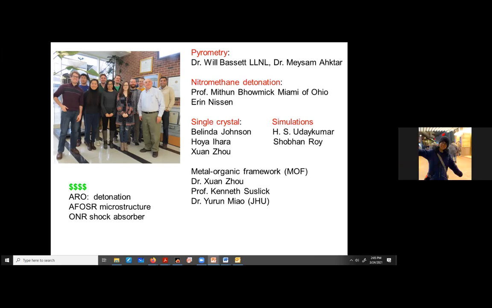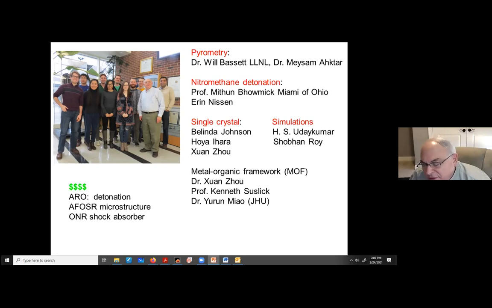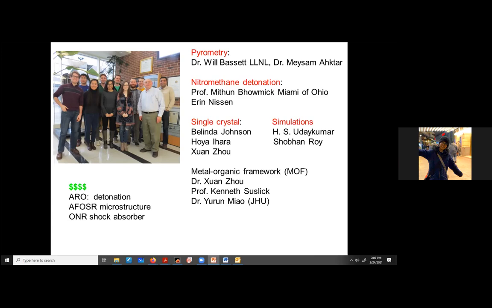In many combustion processes, the rate is limited by thermal conduction. Okay, I have a hotspot, and the rate is limited by the time it takes the heat to go into the unreacted material. These crystals do have anisotropic thermal conduction. And I saw Tommy here. I don't know if he's still here, but Tommy Sewell just published a paper on the anisotropic thermal conductivity of HMX. So we're hoping that what we'll see is a hotspot going preferentially along the directions of high thermal conductivity. TATB has a structure like graphite.